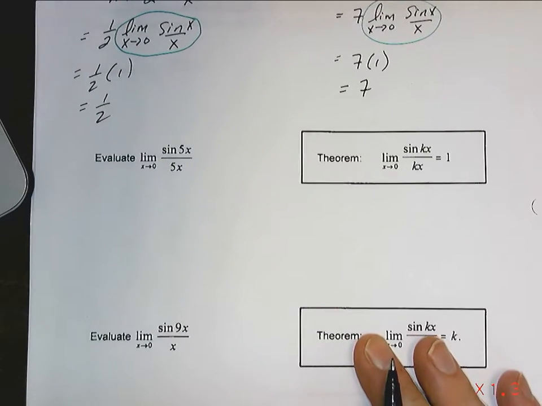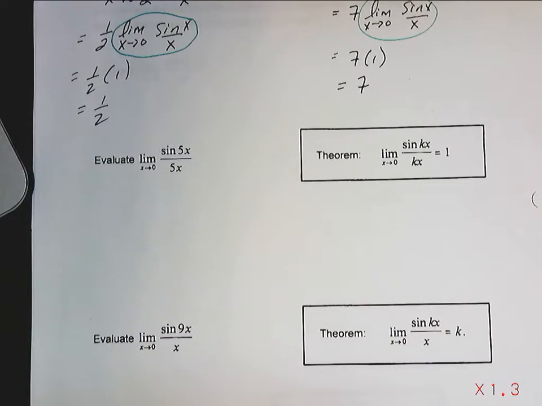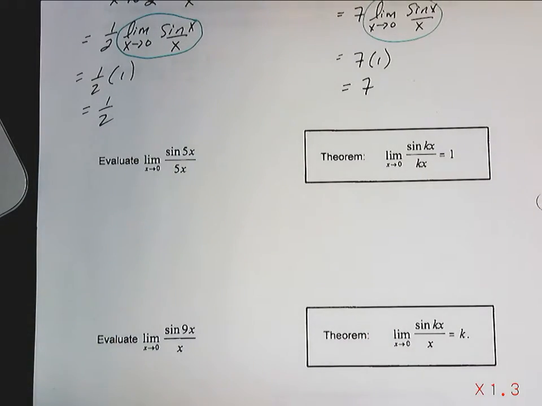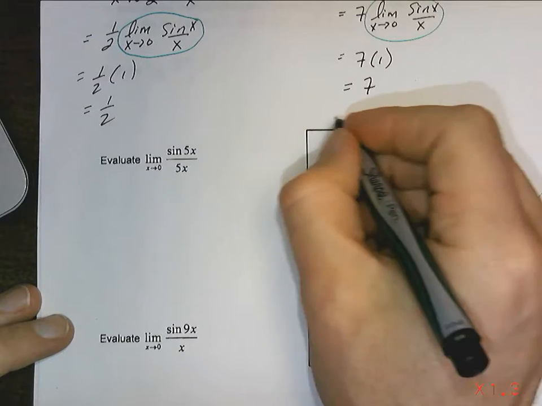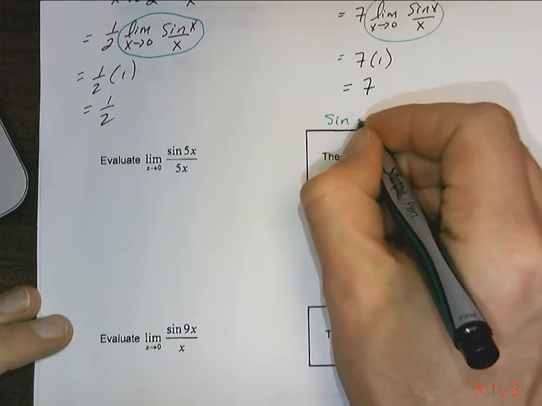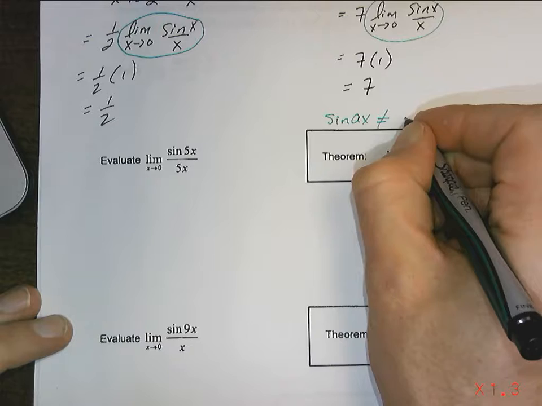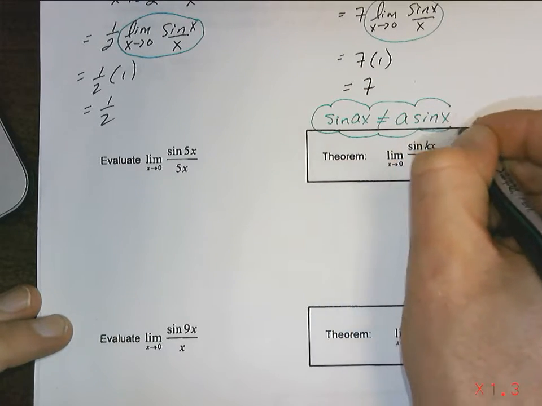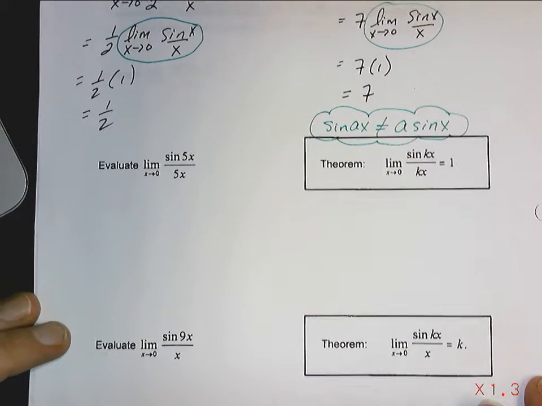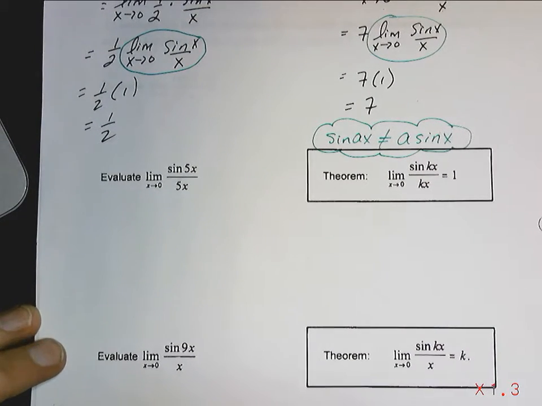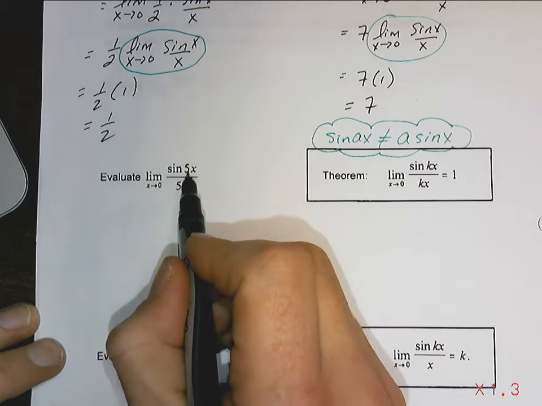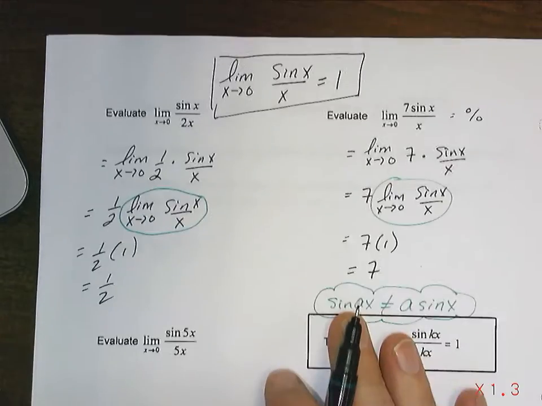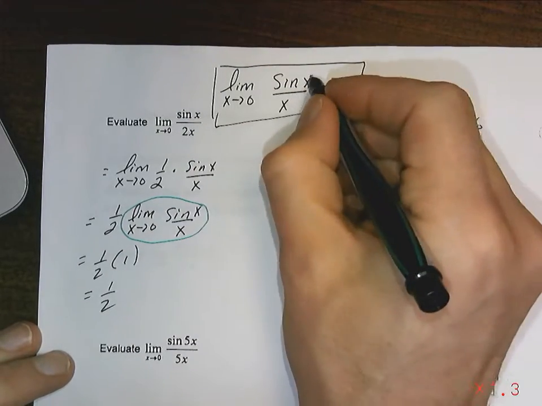Look at the next one. This one's different. This one, I've got sine of 5x over 5x. Something you need to know right away is that sine of ax does not equal a sine x. It doesn't work that way. Sometimes we'll get lucky, but in general, that doesn't work. So in this case, I've got sine of 5x over 5x and only an x here. Notice that's different than our pattern. This was sine of x,